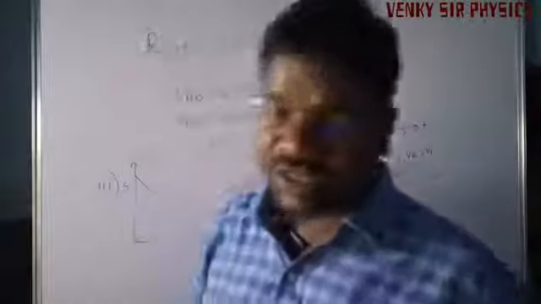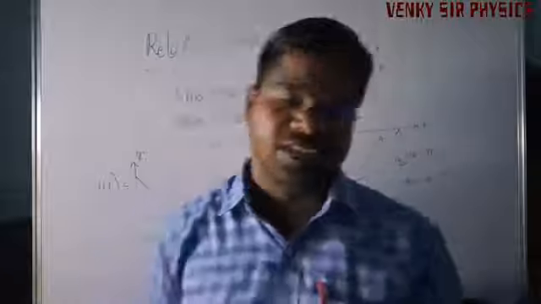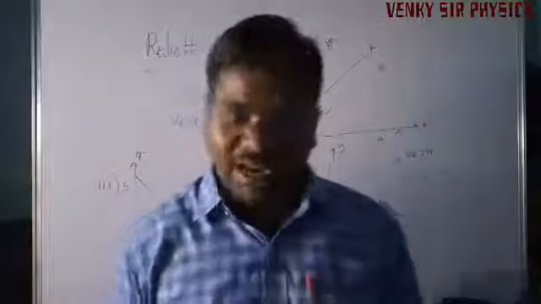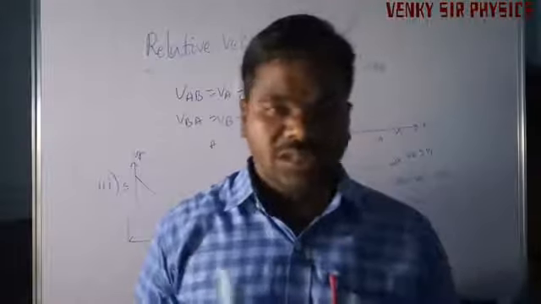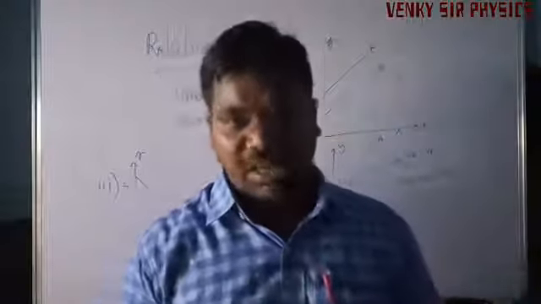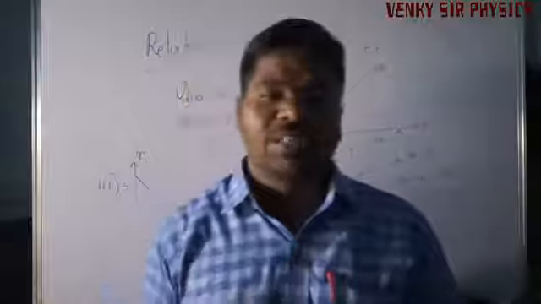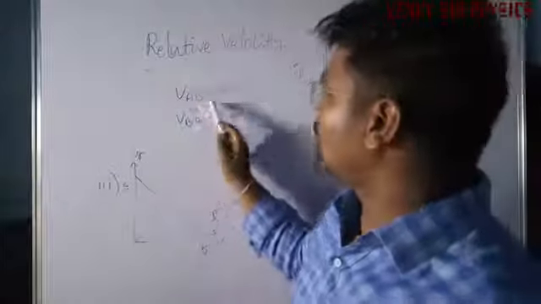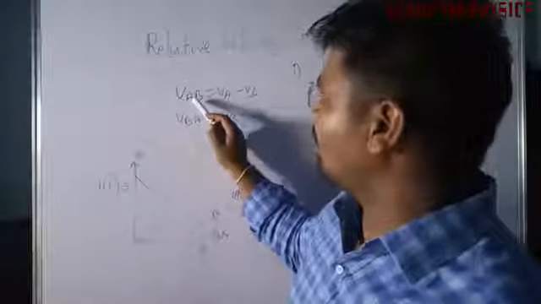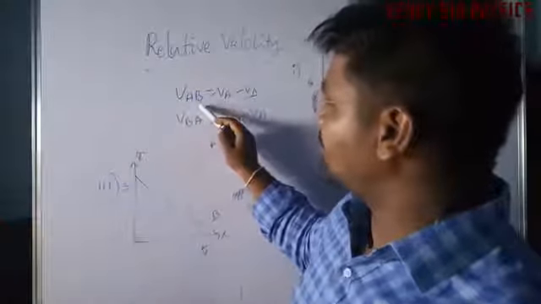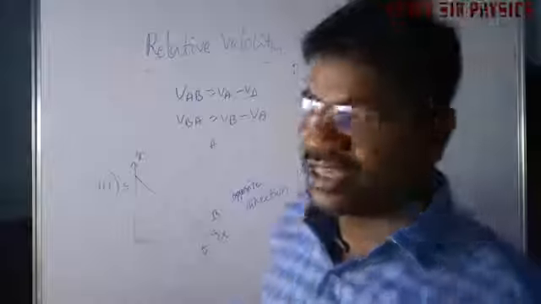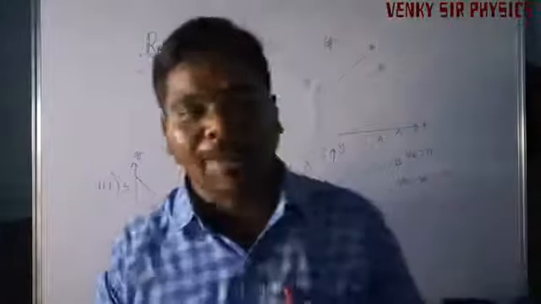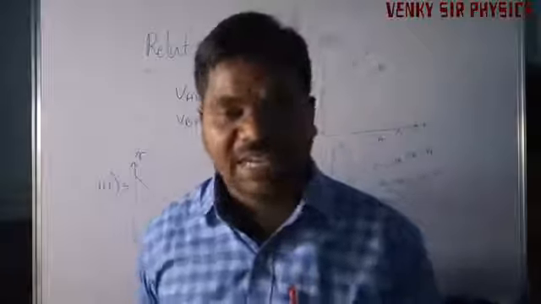My dear children, the relative velocity topic is a very important one. In kinematics, one dimensional motion, if we have the velocities of two different bodies, we can subtract one from the other. Suppose two objects A and B: the velocity of A with respect to B is equal to VA minus VB. It is simply the subtraction of one velocity from another. Comparison of velocity is called relative velocity.